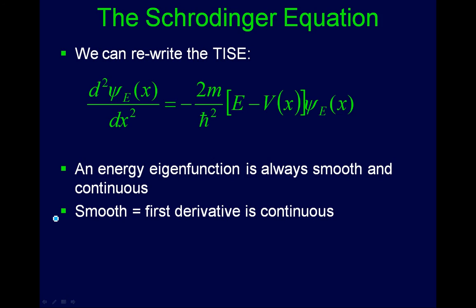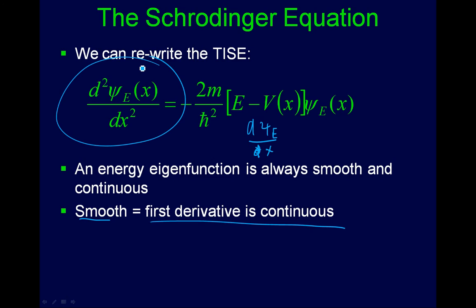All right, so why can we say this has to be smooth and continuous? Well, let's look at the smooth first. Smooth, what that means to us is that the first derivative of our wave function is continuous. Okay, so the d energy eigenfunction dx. All right, now if that's not continuous, that means it jumps suddenly, and that means we're going to have an